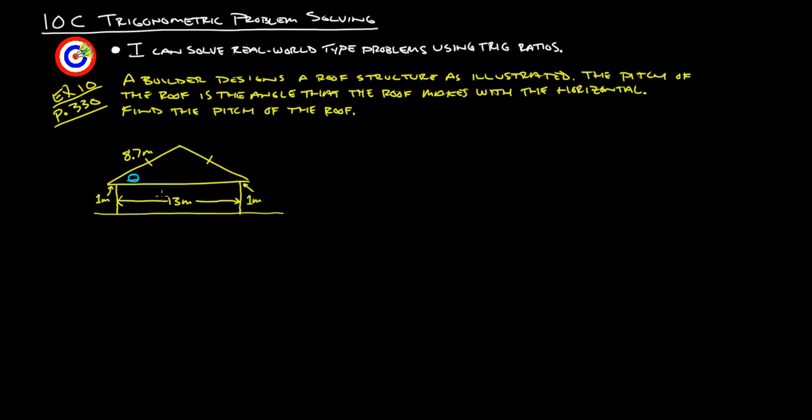That would be the pitch. What we want to do is cut this into a right triangle. So if this is 1 and this is 13 and this is 1, that means the whole base of this triangle is 15 meters. So half of that would be